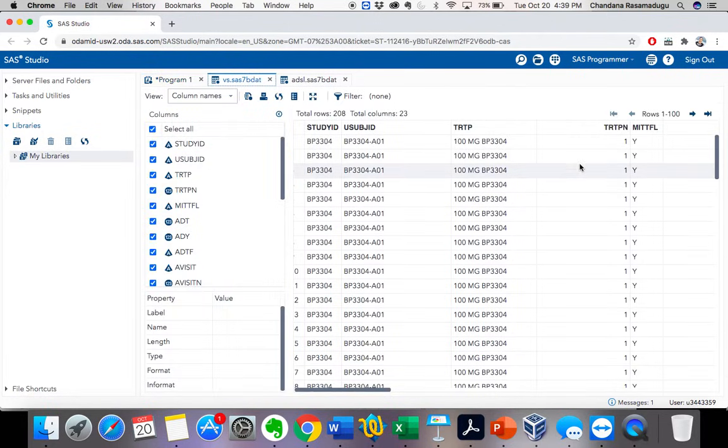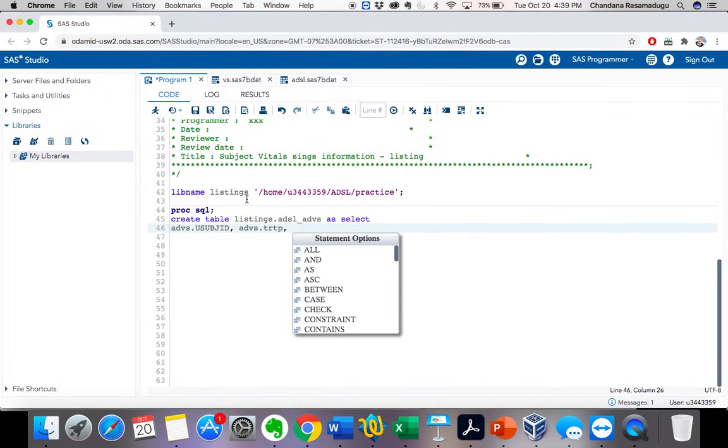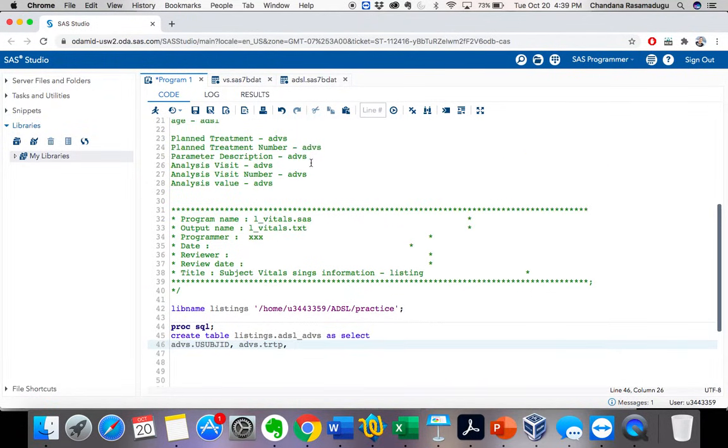So let's give ADVS dot TRTP. And now the next variable is TRTPN, planned treatment number. So ADVS dot TRTPN.